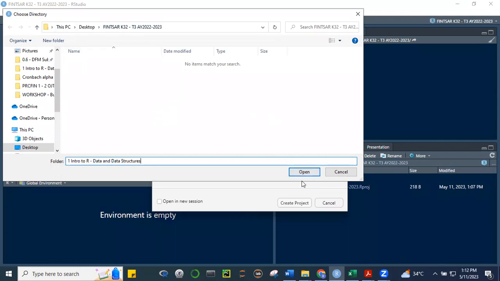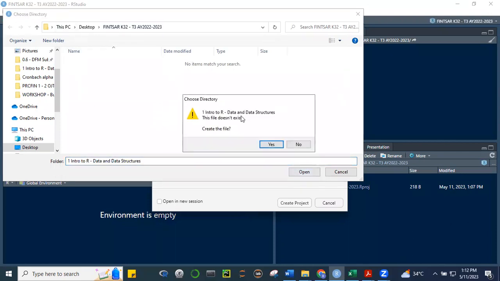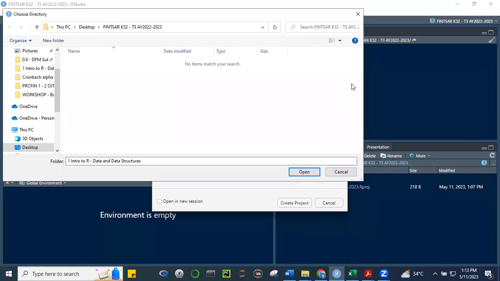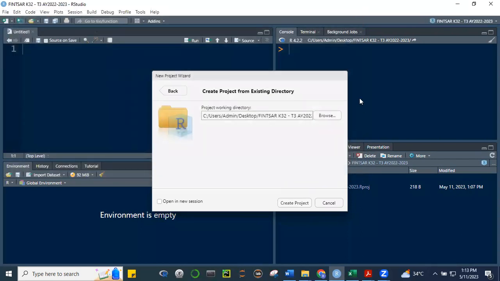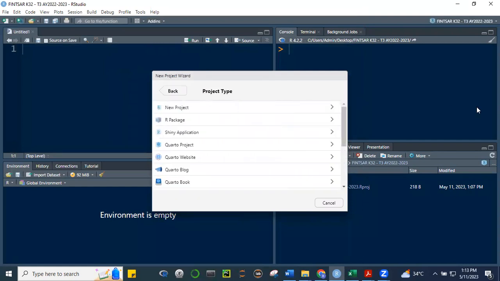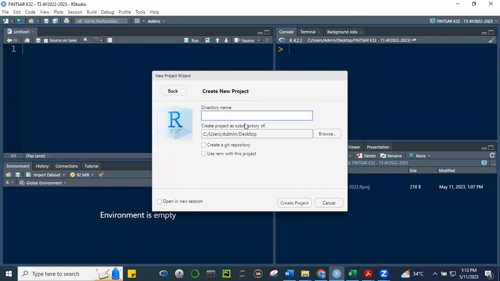So if I click open here, okay, intro to R, create the file, yes. The folder name is not valid. Bakit? Okay. Nag-error ako. Okay, let me reverse, no? Mag-open ulit ako ng new directory na lang. New directory, new project. Okay, so that I can write here the directory name 1 intro to R